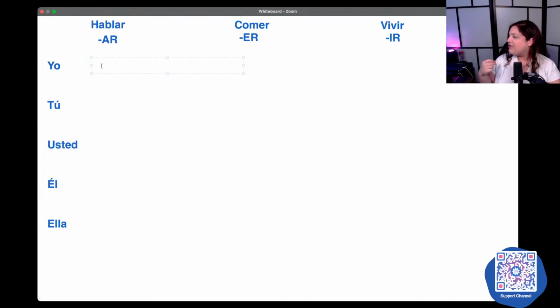So, if I'm using the yo form, I'm going to replace the AR with an O. Let me show you what's going to happen here. So whenever we have the verb hablar, or any AR verb, you are going to drop the infinitive ending.